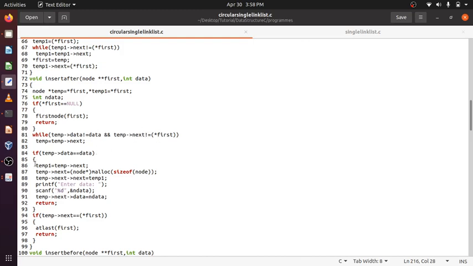If temp data equal to data, then, if it is found in the middle, suppose 0 1 2 3 and after 2 I want to insert, it is found here, so it will not go to the last. At 2 it will come out of this while loop. Temp data equal to data, yes. Temp 1 equal to temp next,